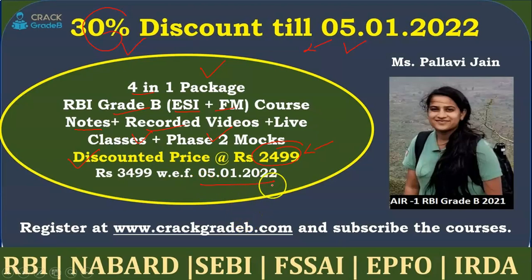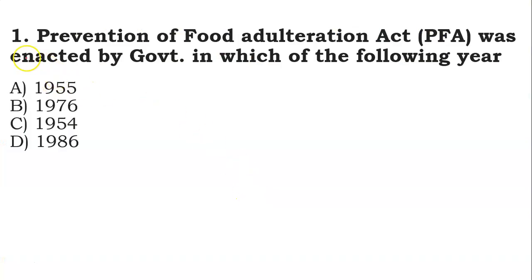So friends, our first question for today is: the Prevention of Food Adulteration Act was enacted by the government in which of the following years? Your options are 1955, 1976, 1954, 1986. So friends, its answer will be